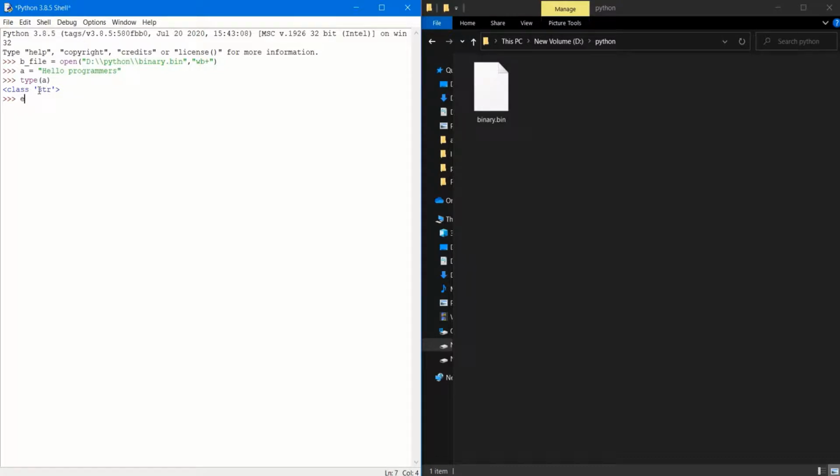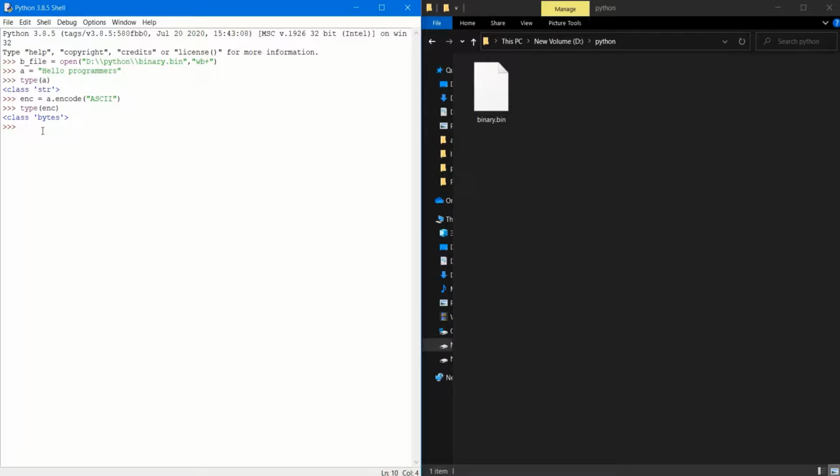For that we will use the encode method. Okay, a.encode, and our encoding will be ASCII. Now if we see the type of enc, then we can see that it is bytes data, right?